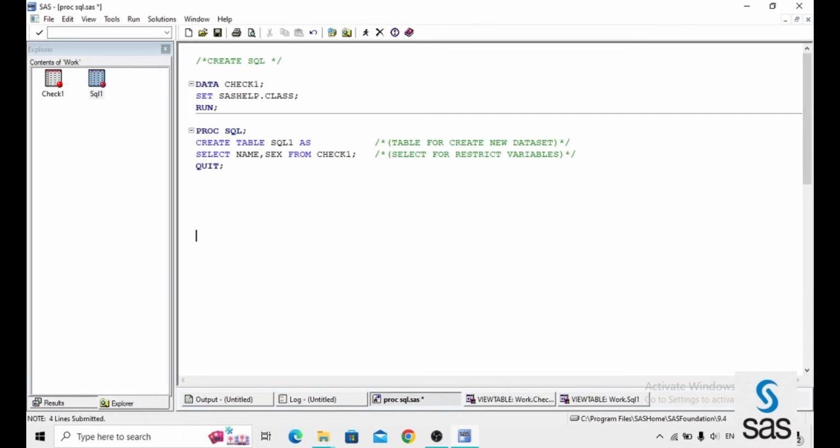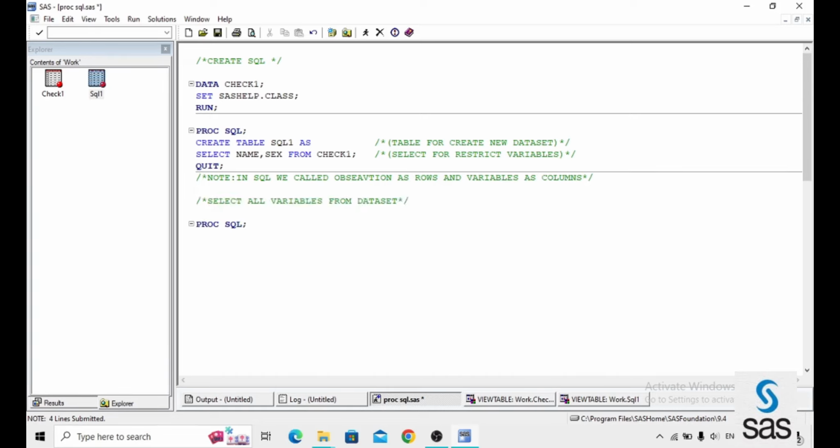Now if you want to select all variables from this check1 dataset, then how will it be? We just select all variables from the dataset: proc SQL create table SQL2 as select star from check1 and quit. Here star indicates all variables from the dataset.